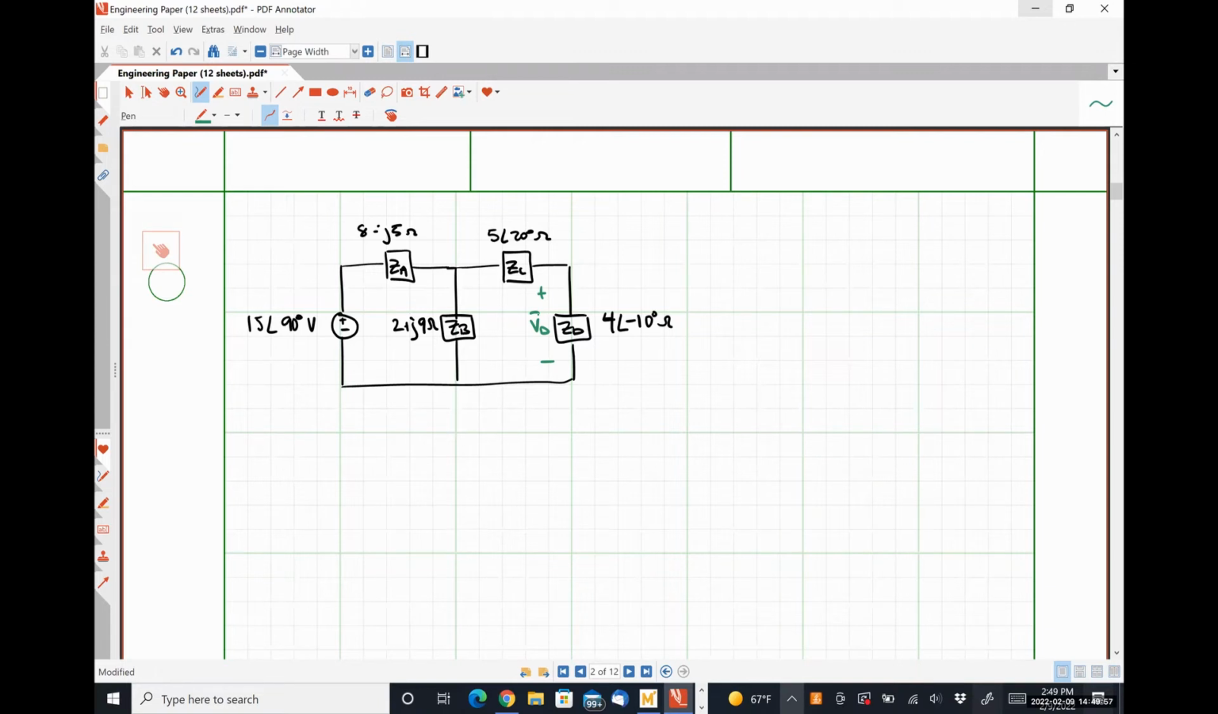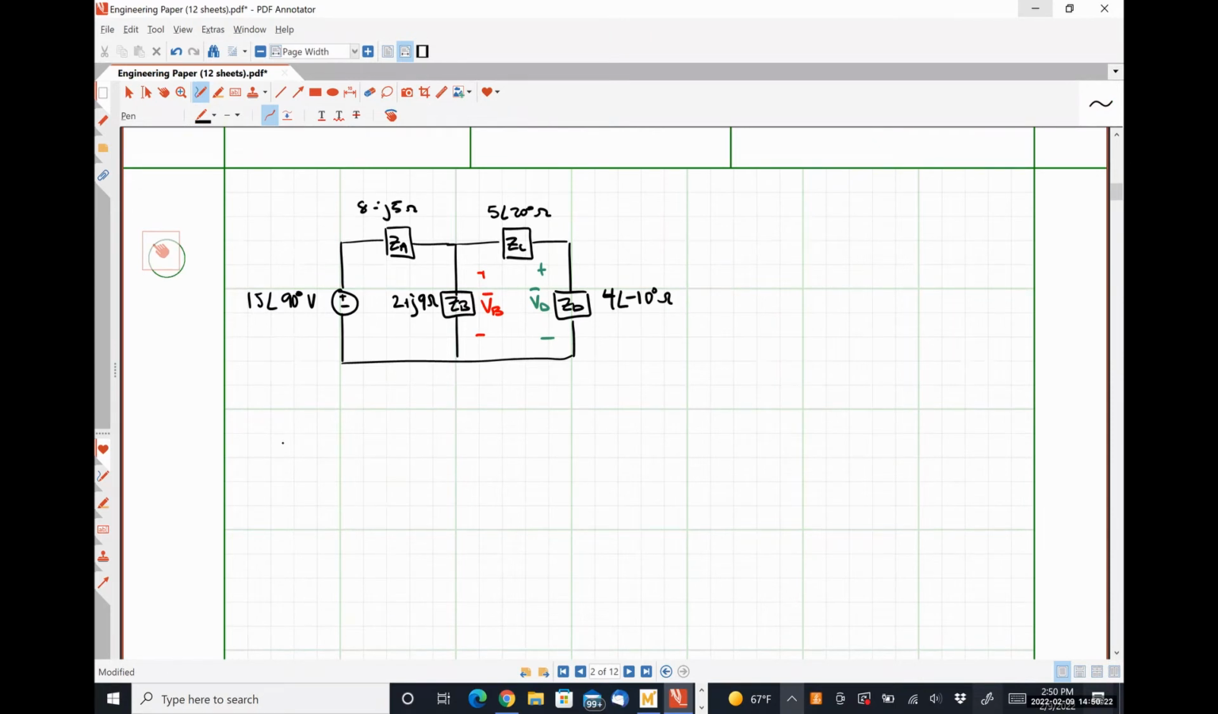Again, a multitude of different ways that we can analyze this problem, but the suggestion here is to use voltage division. So what I'm going to do is actually apply 2 applications of voltage division to get that quantity, okay? So I'm going to call this voltage here VB. And I can see that VB is just 15 angle 90 degrees volts times